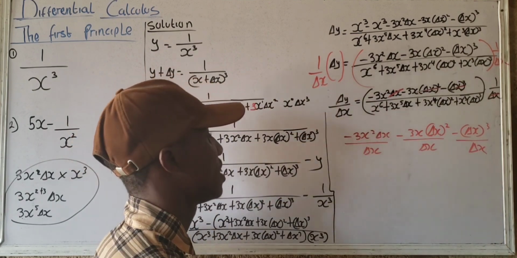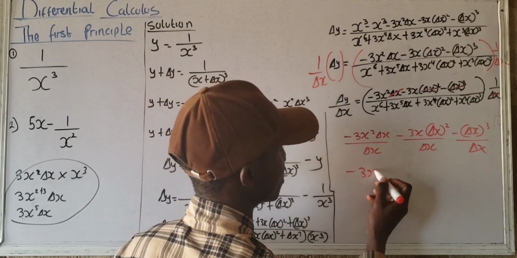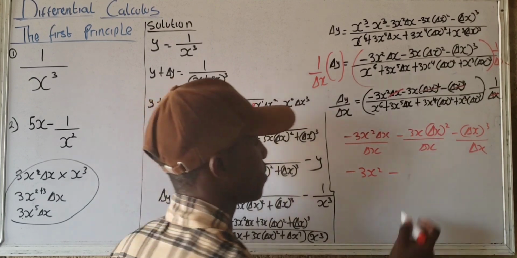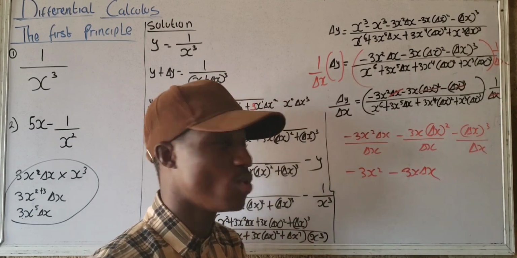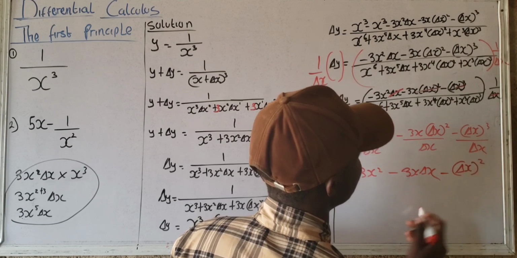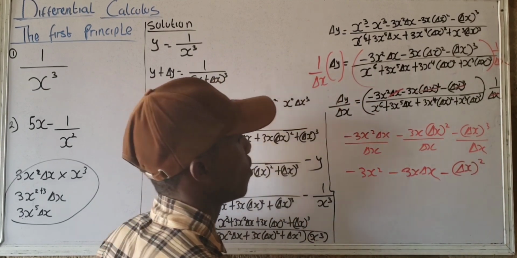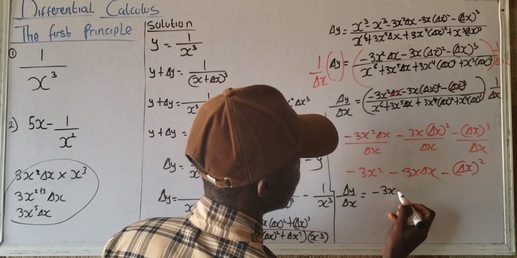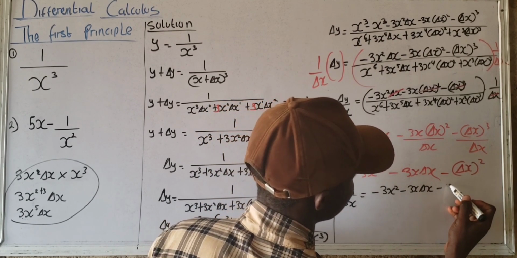Okay? So now negative 3x squared delta x all over delta x will give us negative 3x squared. Minus negative 3x delta x squared divided by delta x will give us negative 3x delta x. And then minus delta x cubed divided by delta x will be minus delta x squared. So that is how that will be the numerator. Delta y over delta x is equal to negative 3x squared, negative 3x delta x, minus delta x squared